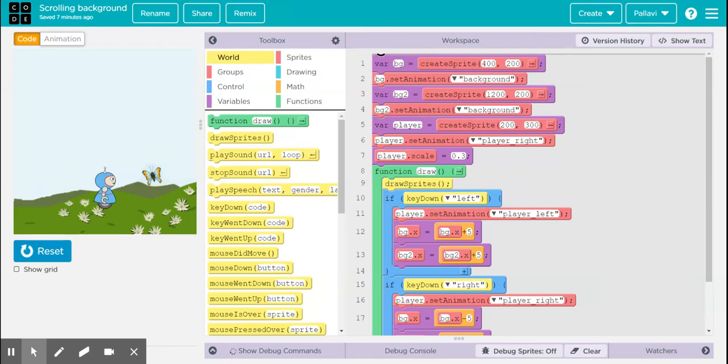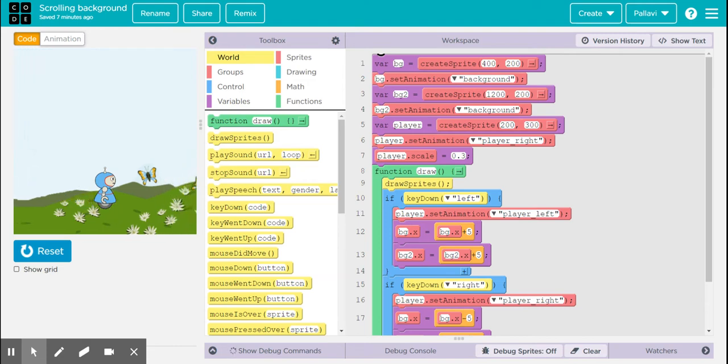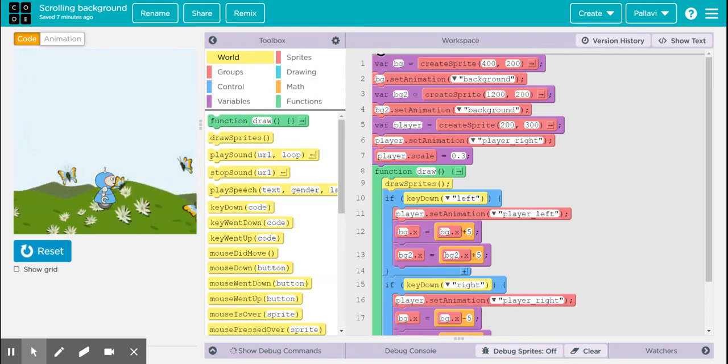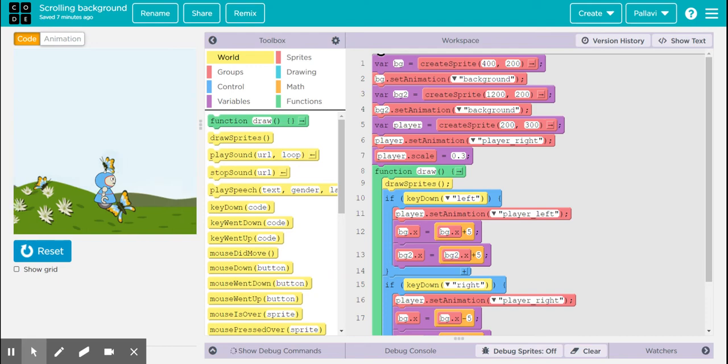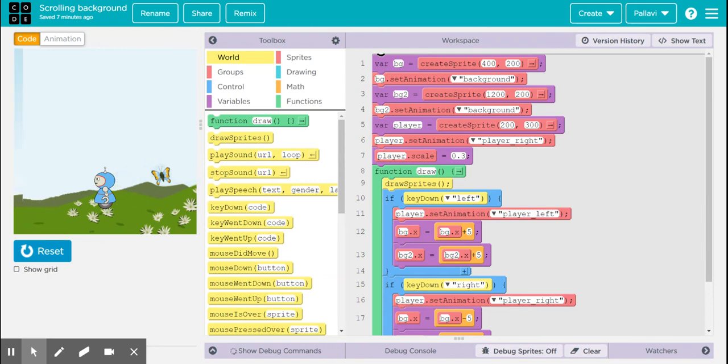So let's see how to make the scrolling background, as in the continuous background. As your player moves into, say, another level of your game, you want the background to continue from level one. Or even if you're not making a multi-level game, but you just want your character to explore the terrains of the same world or region, then you can use this continuity